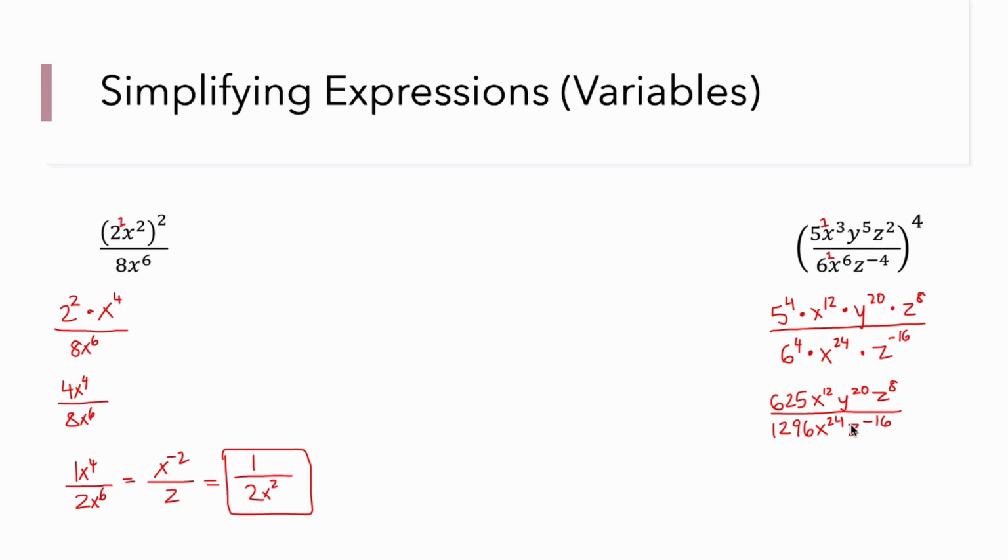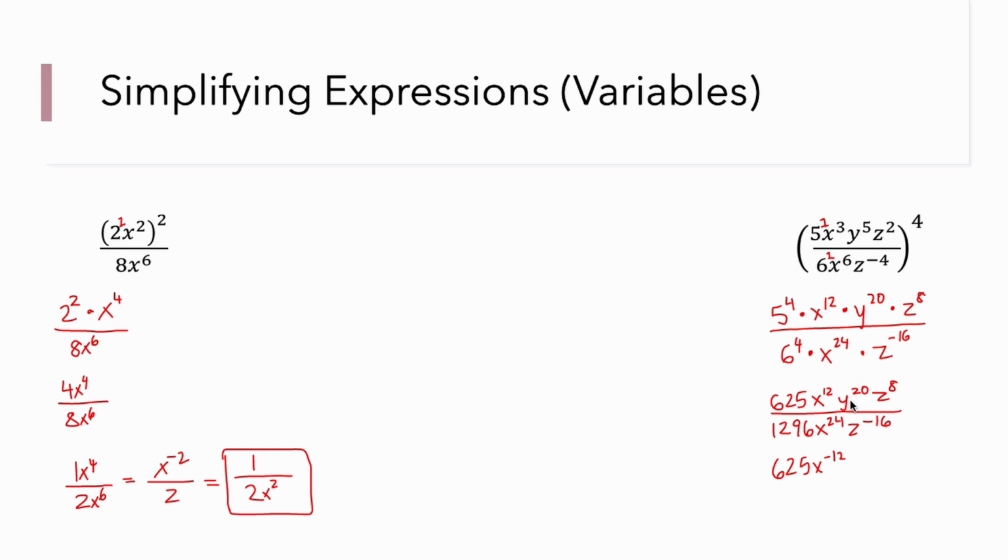So, instead of moving this to the top just yet, let's divide all of these first. So, x to the 12th divided by x to the 24th, 12 minus 24 is equal to negative 12, so we have 625 x to the negative 12th. Now, if you're asking me why I put this on the numerator, it's because when you divide, you're going to move it to the numerator. If it's going to end up as a negative exponent, you'll move it to the denominator anyway. But the default is moving the exponent up to the numerator.